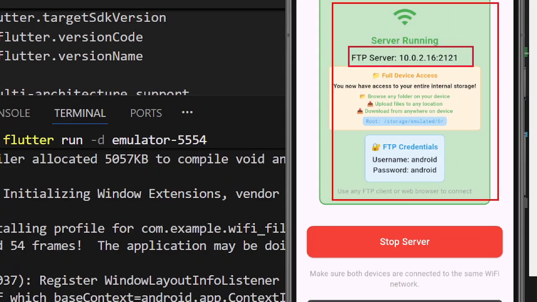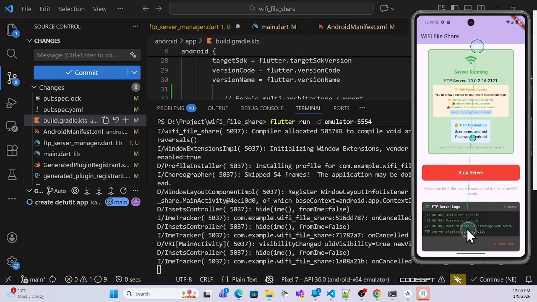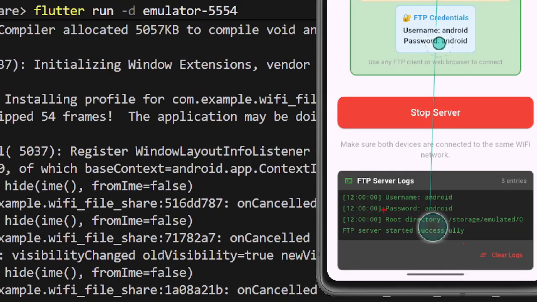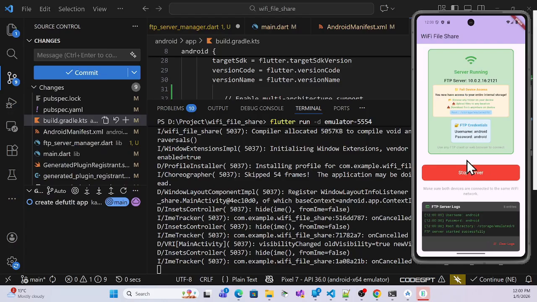Along with this, it is my local emulator, that's why it's giving this IP. But once you use it on a real device, it will give the exact IP address of your network. Okay, and also these are the default credentials, and there is nice logging as well over here. Now see, it automatically takes it in Android, and then FTP server started successfully. Perfect. So now once we ensure there is no error in our local and it is properly deployed,